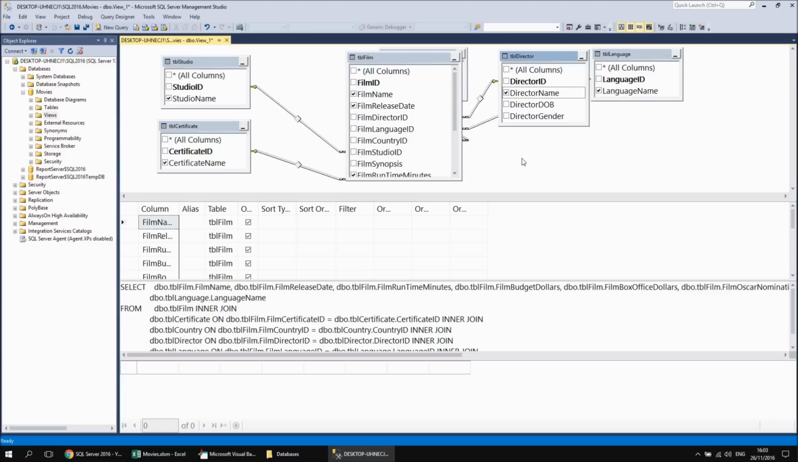So, having done that, all I need to do at this point is save the query, or save the view. I can do that by hitting the Save button, or pressing Ctrl and S. Then I'm going to give this one a sensible name. I'm going to call it Film View, and then click OK, and I can happily close down that